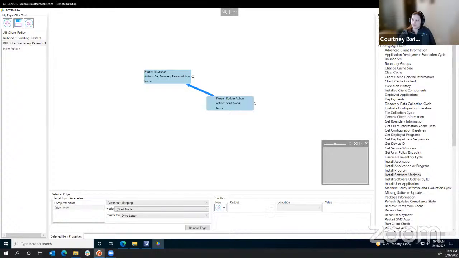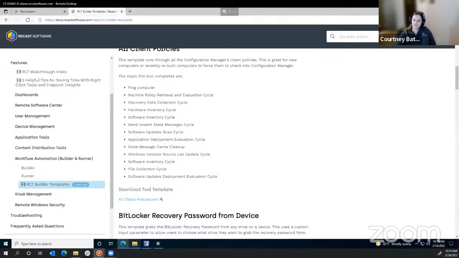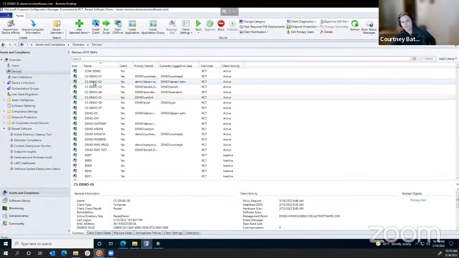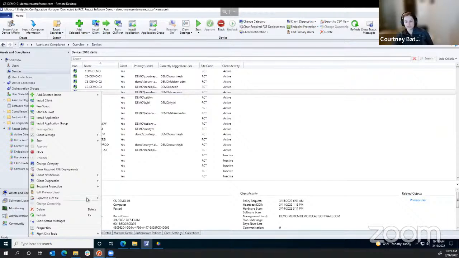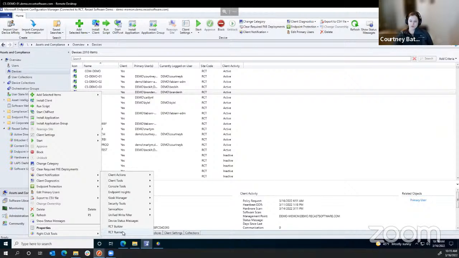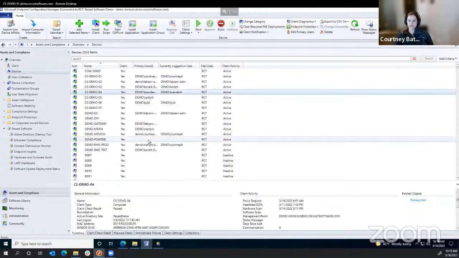So after you've saved things like that, save whatever policies you want to run, save whatever builder actions you want to run, then I can go ahead and actually run the action on these devices. So I'm going to pick on this computer, and you can do this against device collections, a singular device, multi-select, and run it. And so when I'm happy with my builder action, or I just want to test it out, make sure it's functioning correctly, I can go to RCT runner,